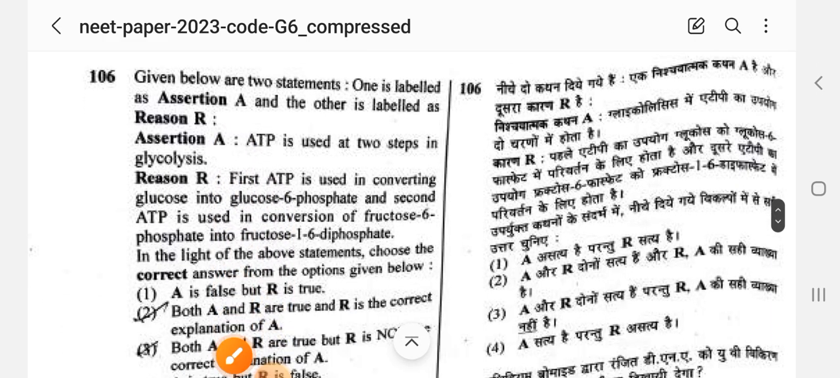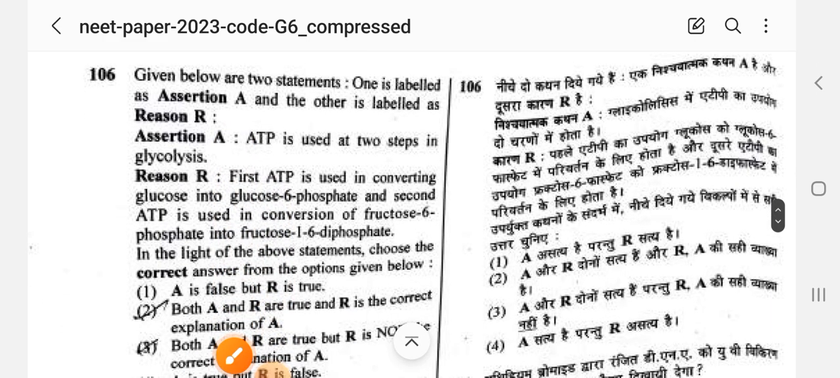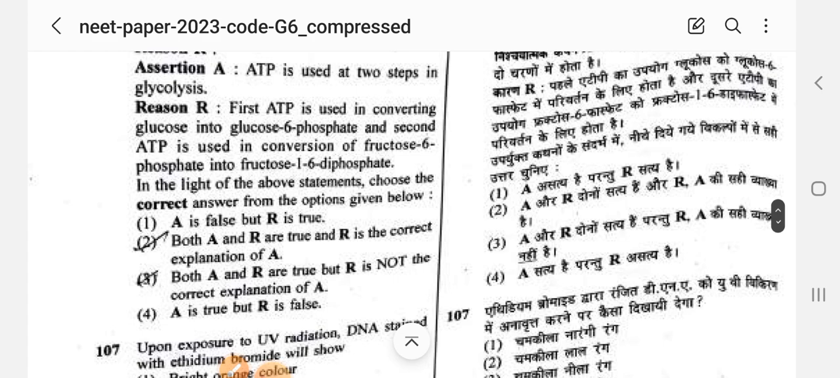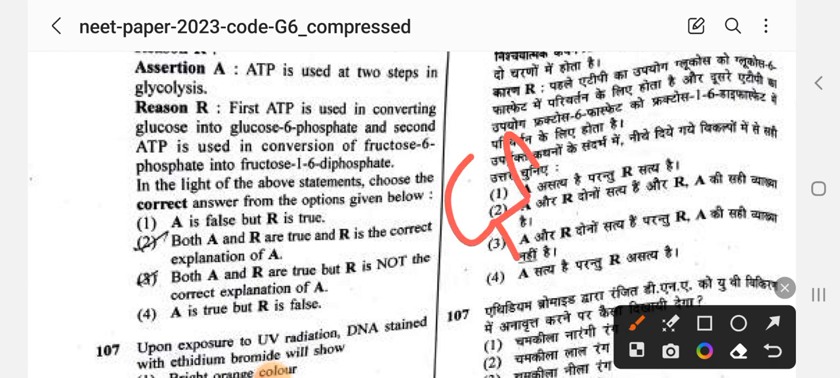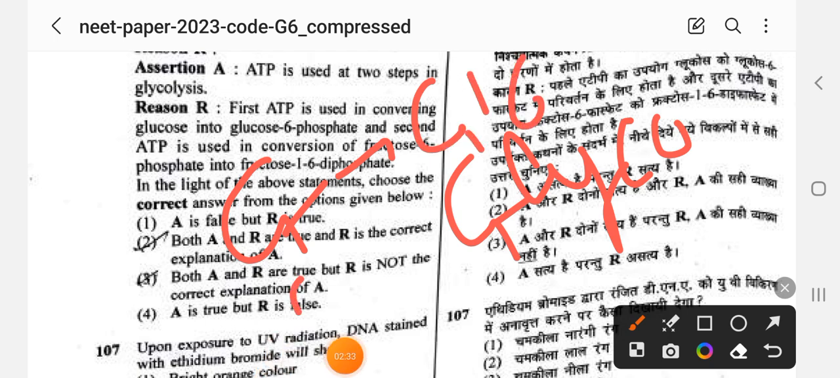So the next question is again the assertion reason: ATP is used at two steps in glycolysis. ये तो सही है, it is correct. ग्लाइकोलाइसिस का पाथवे अगर आपको पता हो, ग्लाइकोलाइसिस में जो ग्लूकोज से ग्लूकोज 6 फॉस्फेट बनता है एंड फ्रक्टोज 6 फॉस्फेट से